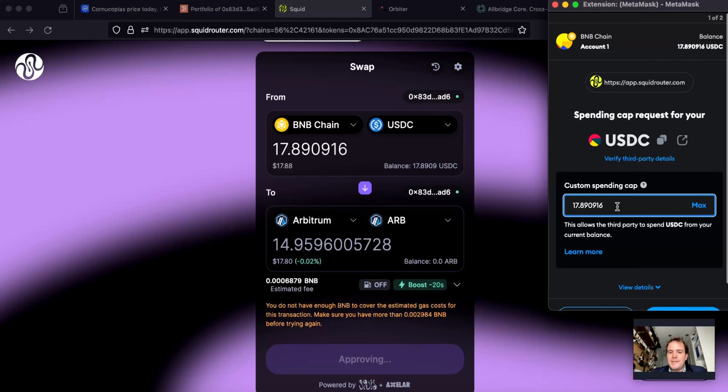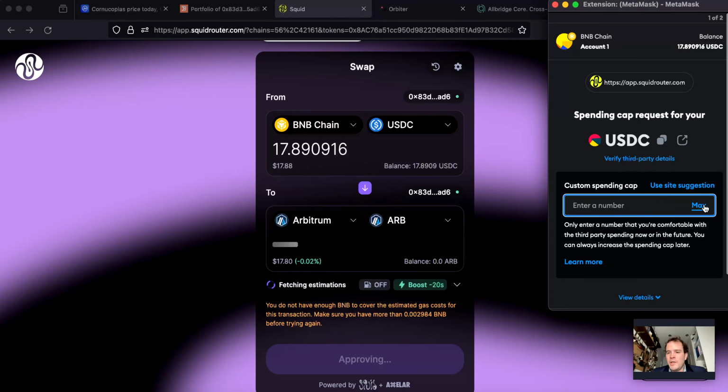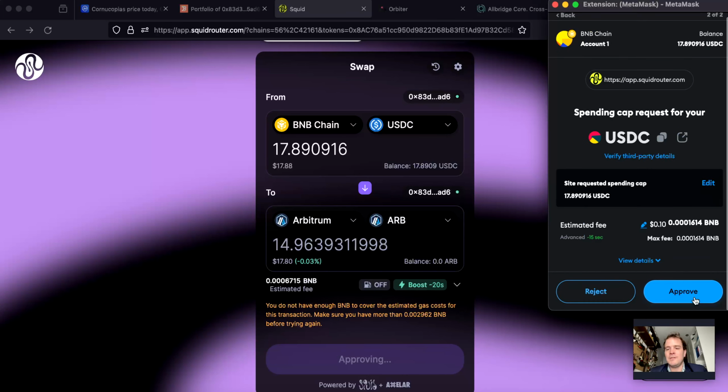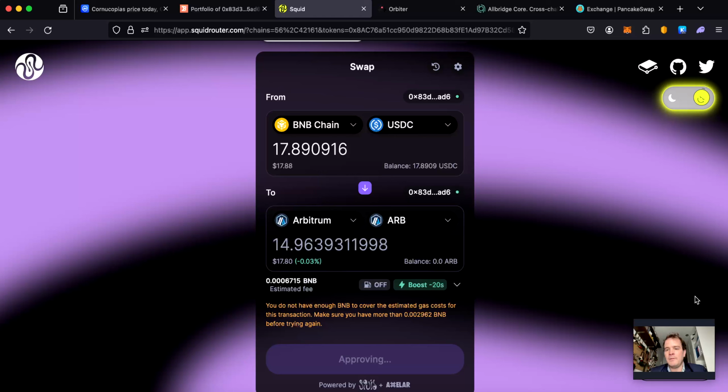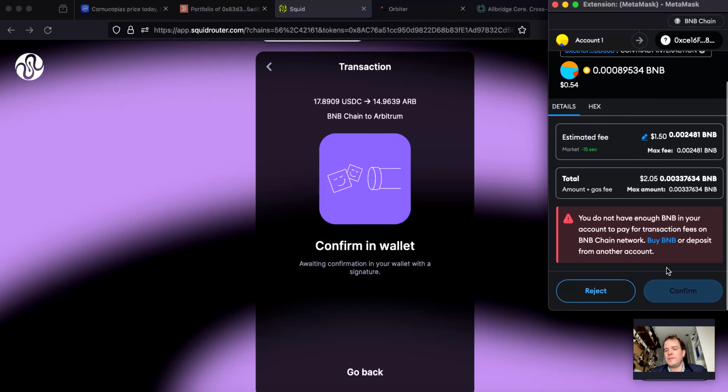And this is important because, I think I've covered this in a previous video, when you set your custom spending cap, it is important that you set it to the limit that you're willing to swap. By default, MetaMask will typically do something like this, which is the equivalent of unlimited. Okay, that's no bueno. What you need to do is set it to the max. Otherwise we then have to go into revoke.cash and revoke the privilege. Okay, so I'm going to set it 17.89 and I'm going to approve that,